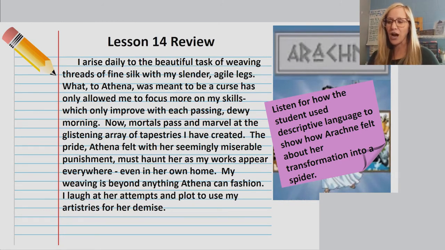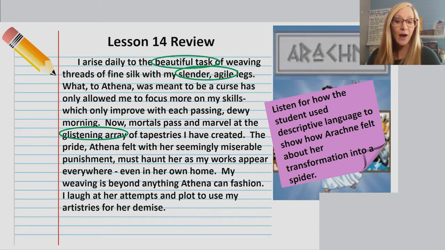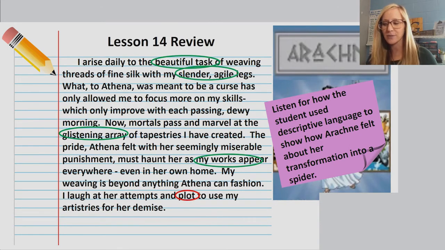They were being described as both slender and agile, meaning able to move easily and quickly. The student also included details about the dewy morning and how the weaving glistens in the sun. It used phrases like glistening array, beautiful task, and my works appear everywhere. I also heard, in the end, though, and those all have positive connotations, but in the end, she talks about